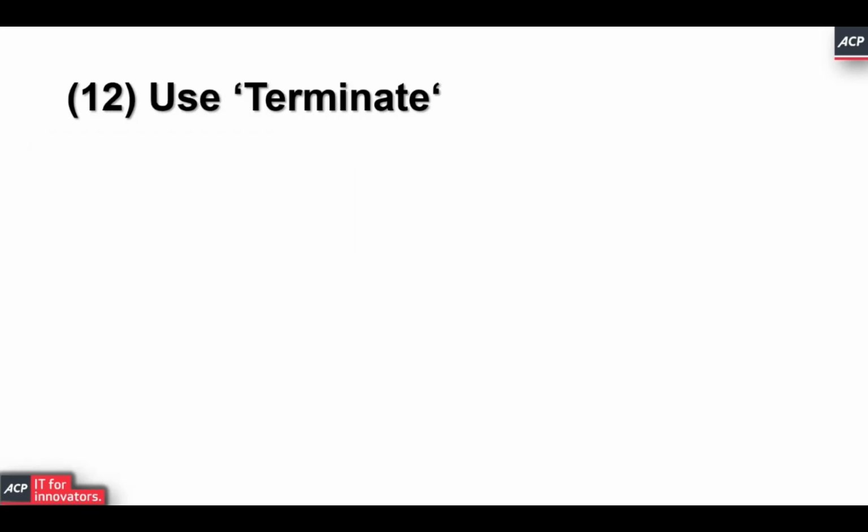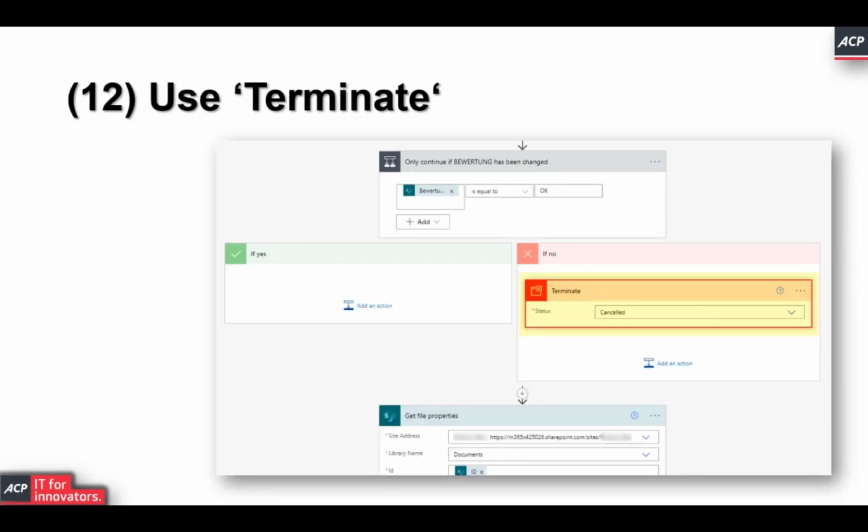The 12th tip would be use Terminate. Terminate is an inbuilt functionality that you can use in Power Automate, which simply cancels or stops a flow if some condition is met where you want to stop it. This is particularly important for slow development and debugging, where you want to see what the first part does without having to execute the entire flow.